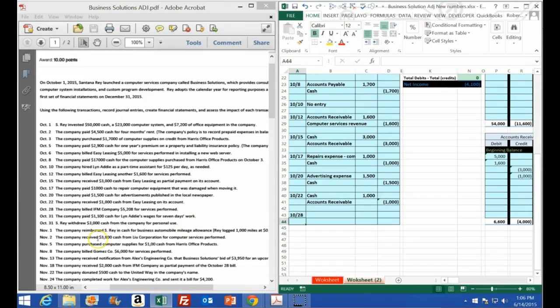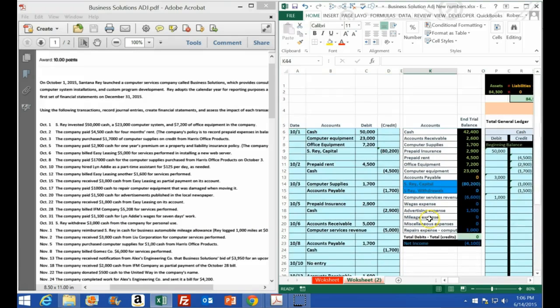1028, which says the company billed IFM Company 5,208 for services performed. So is cash affected? In this case, no, because all we did was bill it. Once again, we just did the work, we sent out the invoice. Cash isn't affected, but we did work, and therefore we have an IOU. They owe us money, and we're going to record that. So we're going to say they owe us money, and accounts receivable, the account that represents people owing us money, has a debit balance. They owe us more money, needs to go up. How do we make something